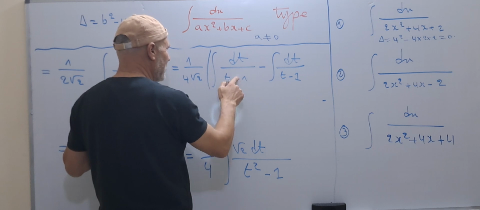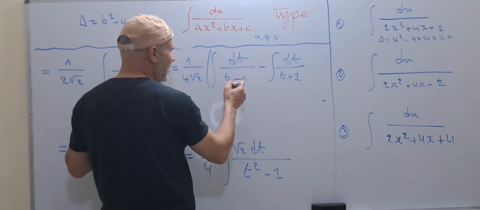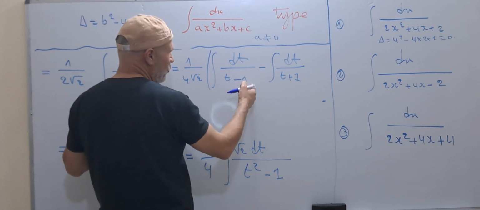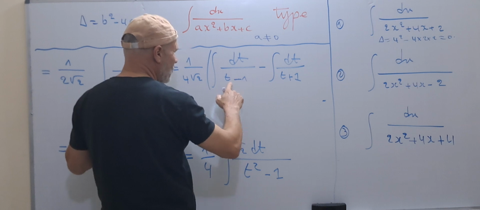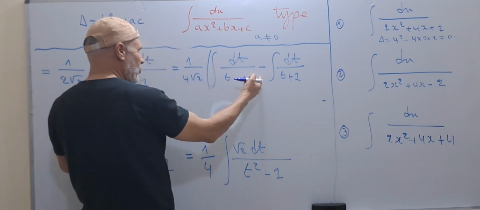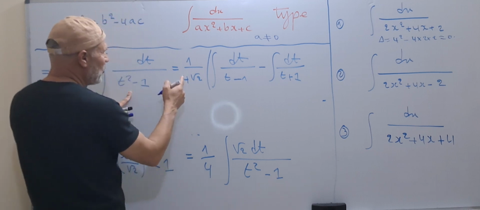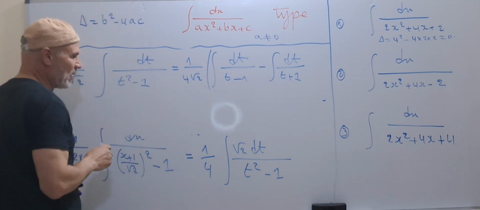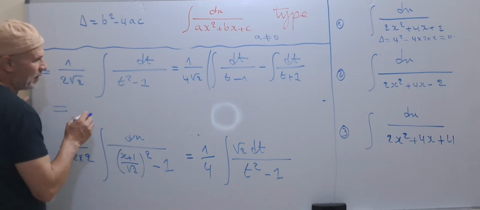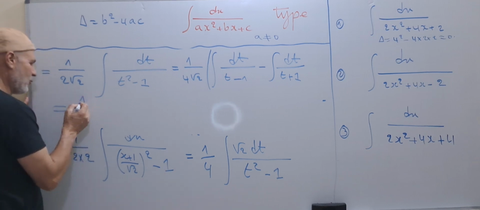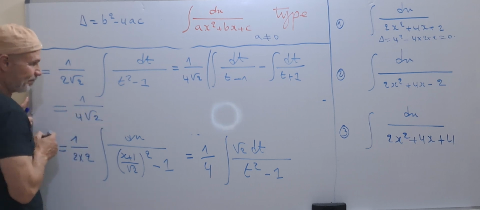So here we have minus, and here we have plus. So we have t plus 1 minus t minus 1. So this means 2 times we have t minus 1, t square minus 1. And the 2 with what we get here will be cancelled with 2 to get this one. To finally arrive at 1 over 4 to the square root of 2